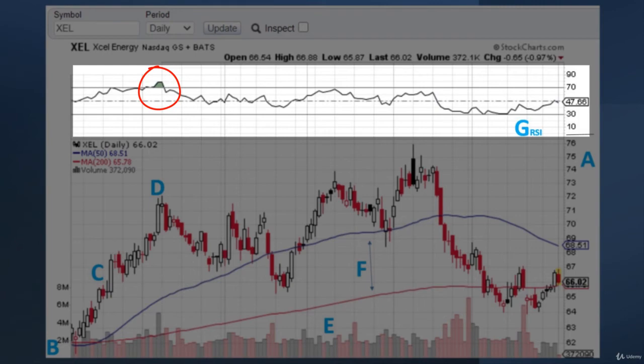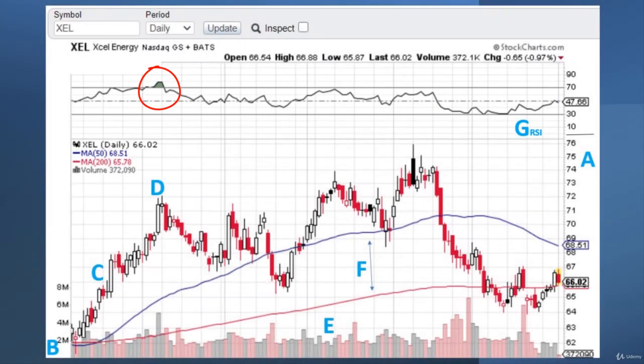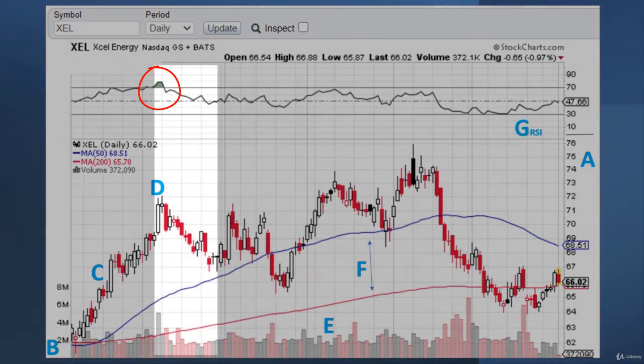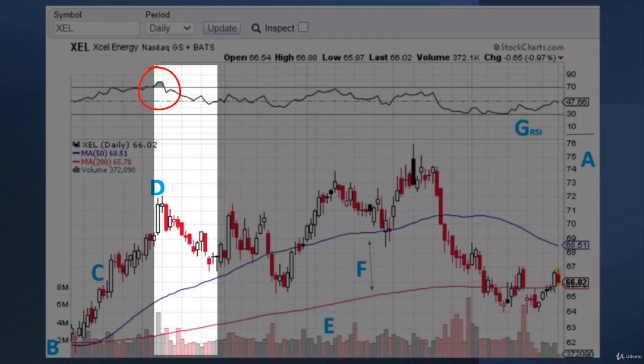But you can see where it peaks above that 70 number and it's kind of grayed in there. That's where it's telling us that this might be a time to sell. And if we look straight down from that gray part, we can see our prices started to really peak there, right around where the letter D is, and then started to turn and go down, right? So if we look to use this relative strength indicator, we could confirm or look and say,